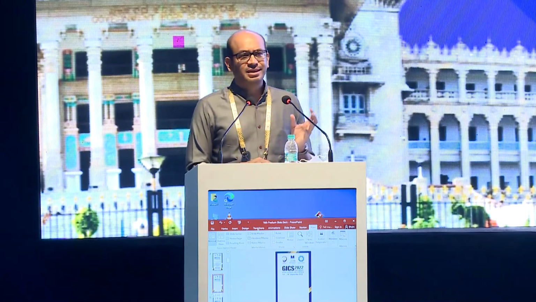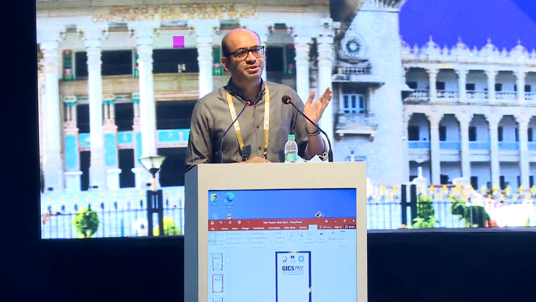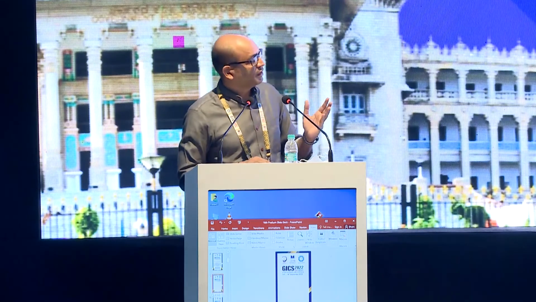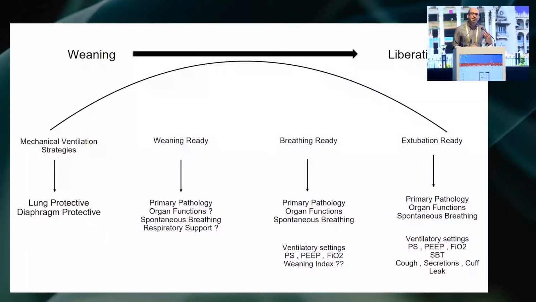For a long time, we considered weaning as a gradual process, where we gradually decrease the respiratory support. We looked at whether the patient was ready to breathe. Then, if the patient is ready to breathe, you look at various factors which can interfere with his breathing process. Then you did a few trials, and then you looked at whether the patient would be extubated or not. Now, a lot of data has suggested that if you go through this route, patients are probably going to spend a large amount of time unnecessarily. And that's where we have now started using the term liberation, where you see that a large number of patients need not go through this process.